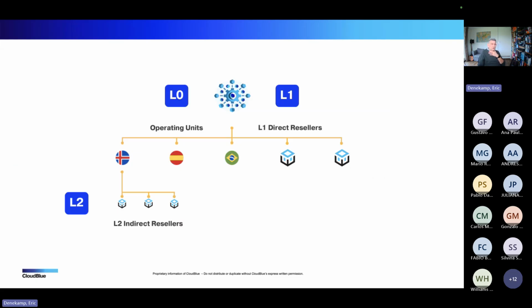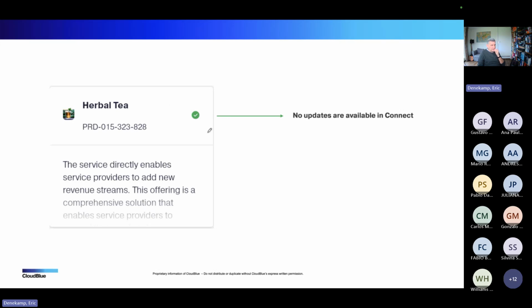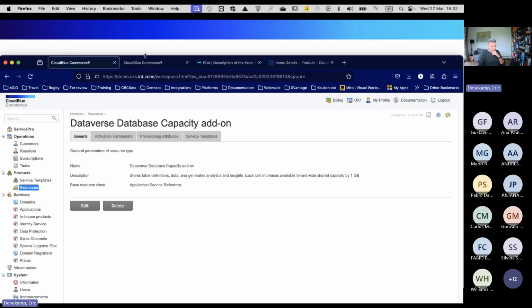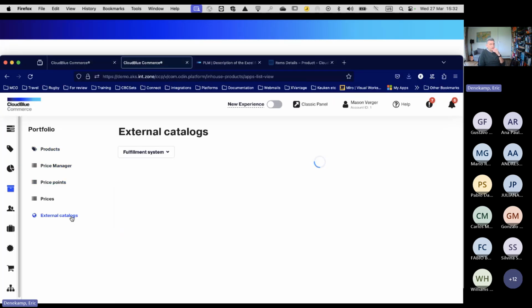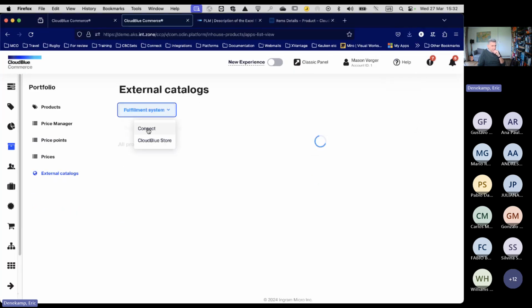So if you go to that product portfolio, there are a couple of things that we can see. And what am I talking about? Let me show you where I am in this scenario. If I go to external catalogs, I see a list of products that have been enabled. So let me wait for this one to load. It's not that fast in this case because it's a demo system, so it's very limited. And there's a lot of products available that it needs to load and evaluate. So that's why it's a little bit slower.